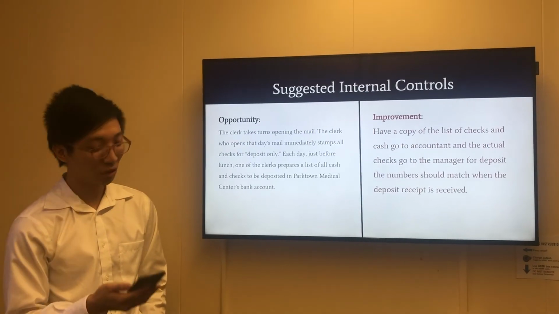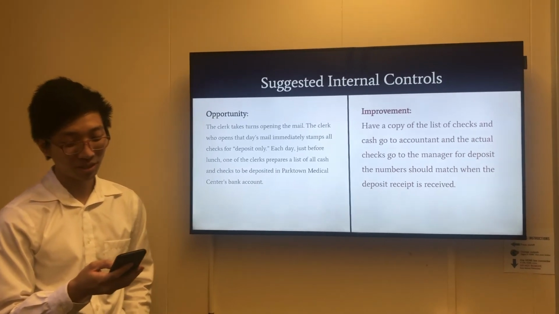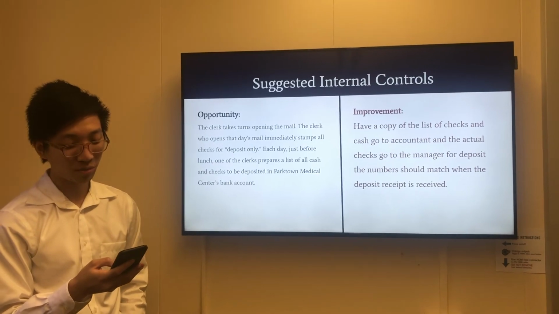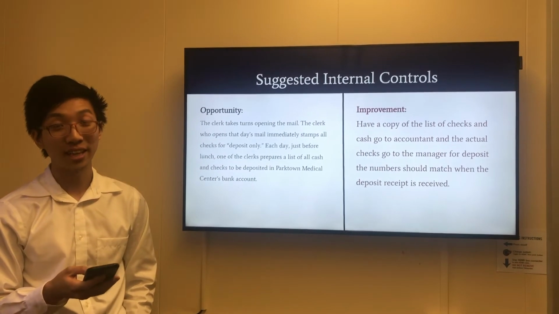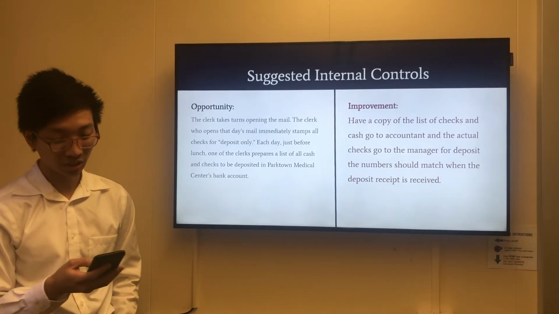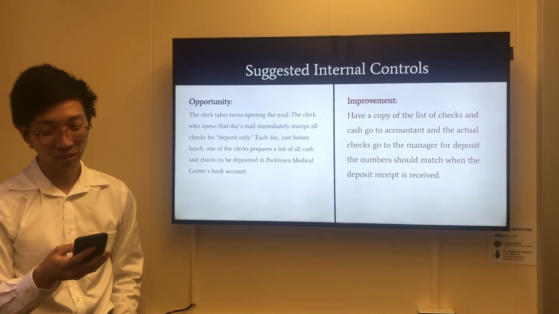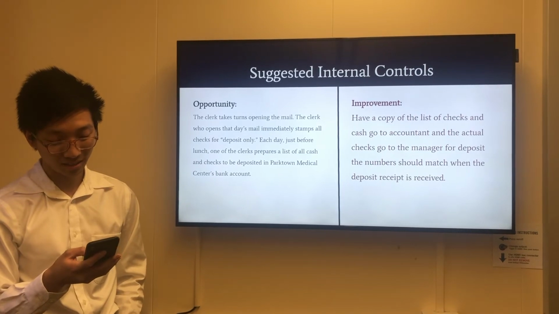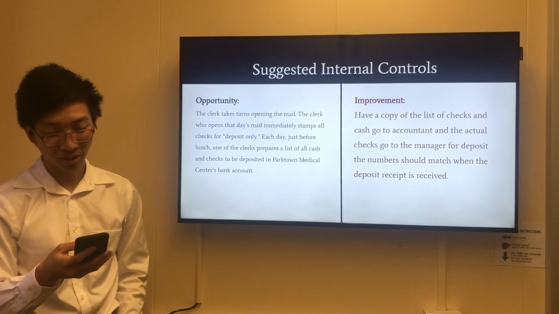Suggested internal controls we do is where the checks that get mailed get stamped and deposited. It says that the clerk takes turns opening the mail. The clerk that opens that day's mail immediately stamps all checks for deposit only. Each day, just before lunch, one of the clerks prepares a list of all checks and cash to be deposited in Parktown's bank account. The problem with this is that there is only one designated clerk for preparing the list